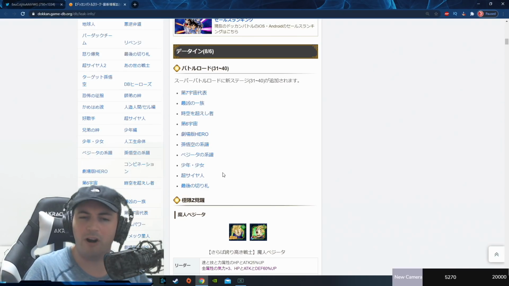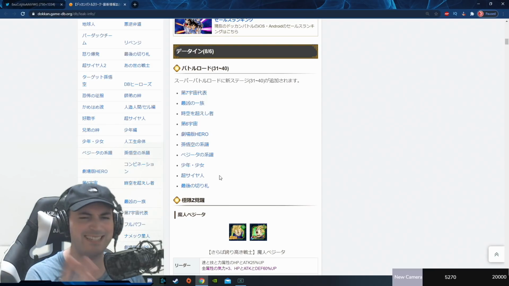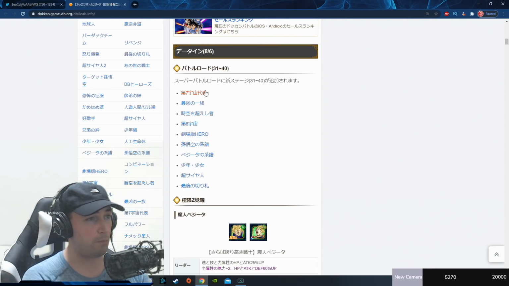It wasn't really too hard, I think, for a majority of players, obviously, unless you're a brand new player, right? Because this is all end game content. So first off, Representatives of Universe 7. I think this will probably give a good chunk of people the most difficulty, because it's a very